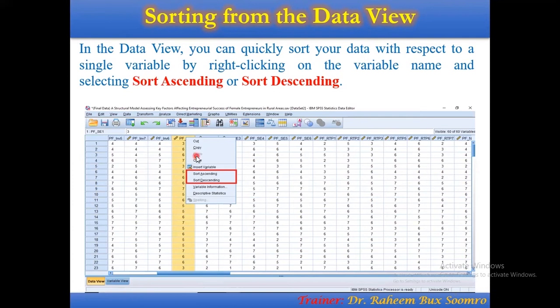If you want to rearrange your column in descending or ascending order, just select this column and press the right key of your mouse, and then you get this pop-up window and you can select either option from here. As you know, this is a theoretical section, and when we enter the practical section, I will tell you how you can do this.